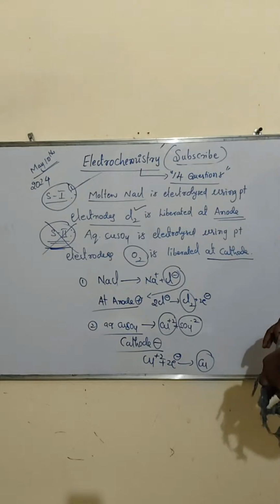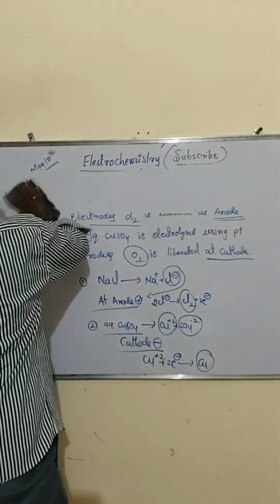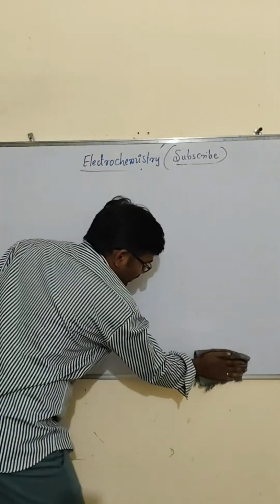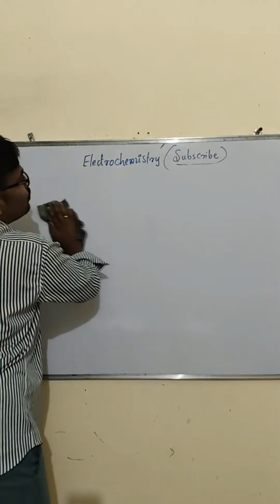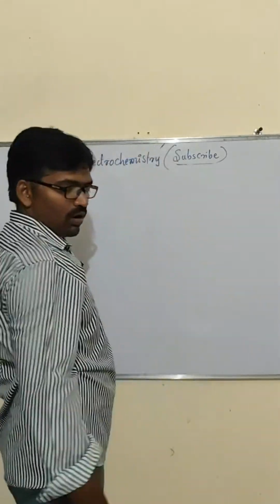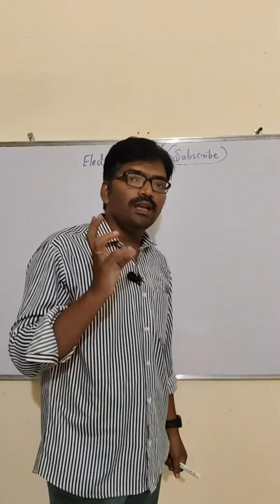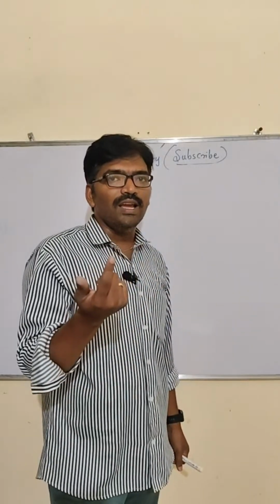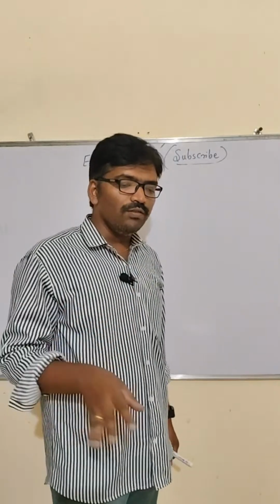చూడండి. So what type of questions అడిగాడు? So how to do the answer at anode and cathode? In case if you want to remember at anode and cathode, what do we have to keep in mind? 4 points we have to keep in mind. What are the 4 points? At anode, anions like chloride, bromide, iodide only deposit. Other anions like fluoride, sulfate, nitrate, thiosulfate cannot